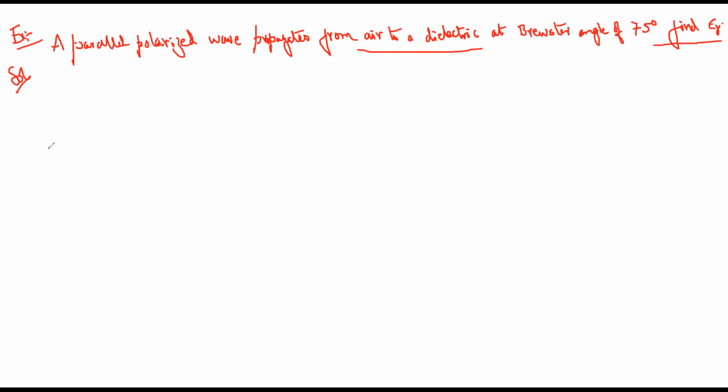For this you have to know that for air, epsilon 1 is epsilon r1 times epsilon naught, since epsilon r1 is equal to 1. For the dielectric, the medium between air and the dielectric,